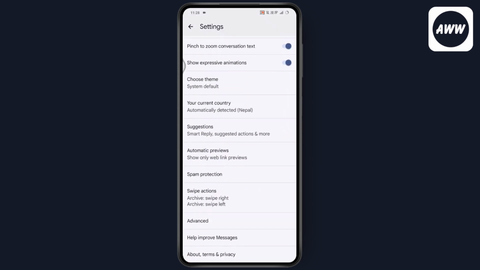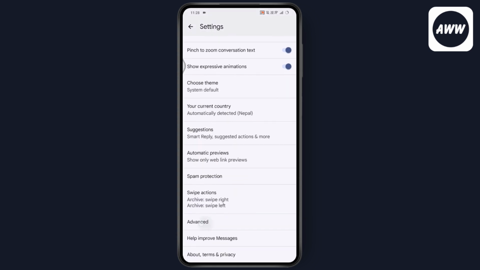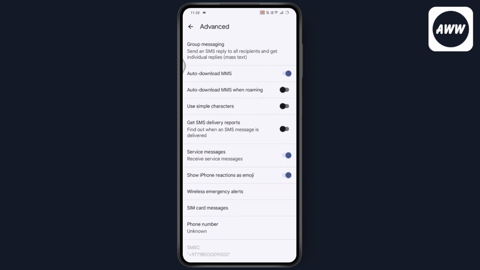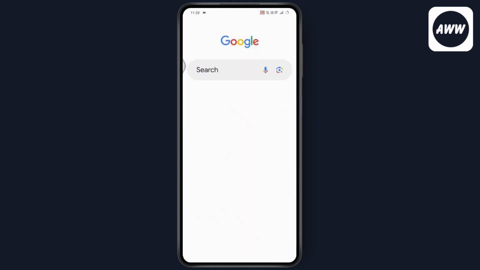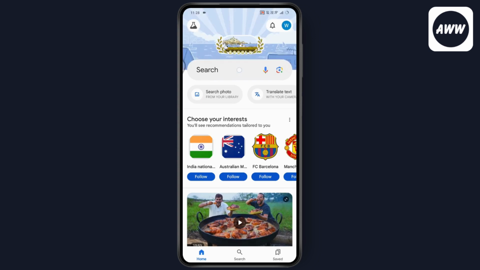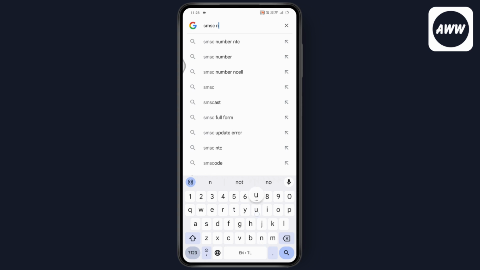Under message settings, if you scroll down here, you will have an option of advanced. Tap on advanced, and if you scroll down again here, you will have SMSC number, right? So what you need to do is, if you're able to edit that number, then you can go back and then you can open up your Google or your Chrome browser, anything that you're comfortable with, and then you need to search for the number like SMSC number and enter the same name and the location in which you